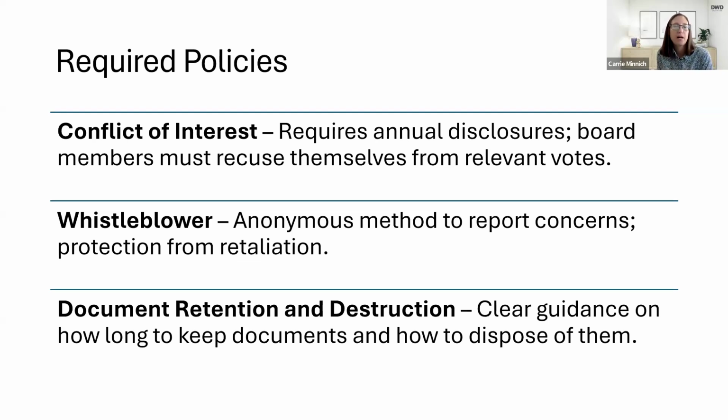The next two, the whistleblower policy and the document retention and destruction policy, are 2 policies that came out from the Enron scandal many, many years ago. There were several items in that scandal that required for-profit entities to do certain things. These are the 2 policies that were required of nonprofits as well. The first is a whistleblower policy. That basically provides a method for someone to report any kind of wrongdoings that they think are going on within the organization. Within the policy, there also needs to be protection from retaliation so that the individual is not going to be fired for any kind of reporting.